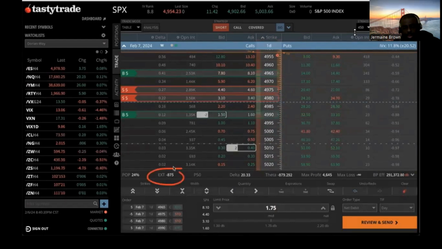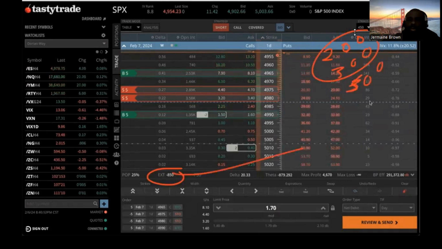And so now it's going to cost me, let's just say, $875, and I had 200 in credit, and plus I didn't want to lose more than 300, and so that's 500 that I can lose. But if I decide to lose the 875, that's another 375. So basically, you're going to wind up in this example here losing $675,